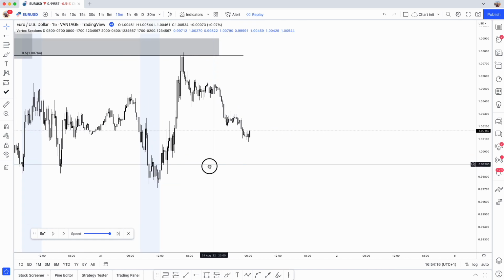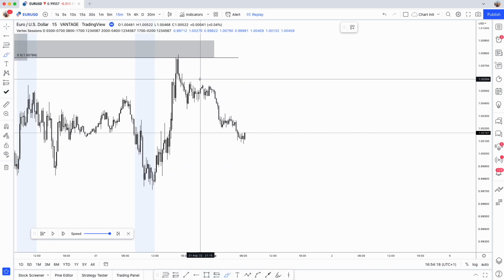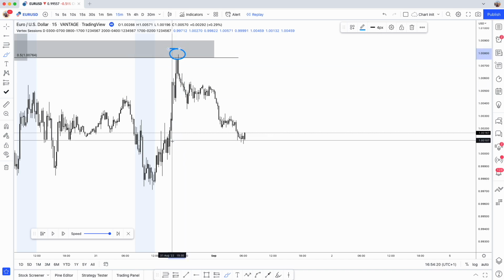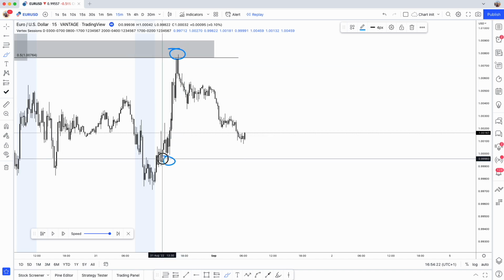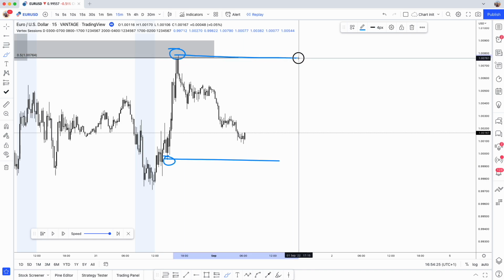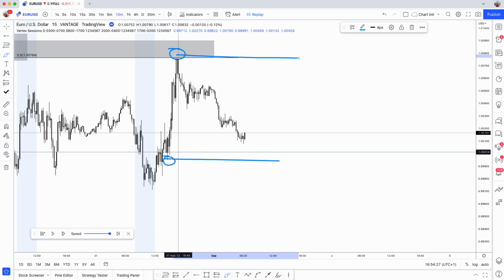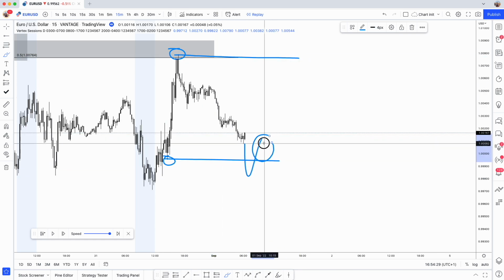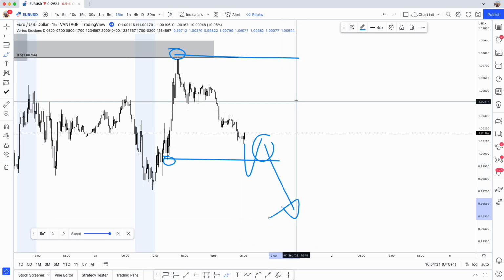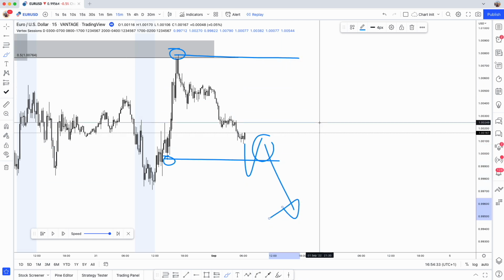Now, coming from the 15-minute time frame, all we have is a massive range from this high all the way to this low here. So for us to trade off the 15-minute, we need to wait for this low to be taken out before we look for a POI to continue to take that bearish play.